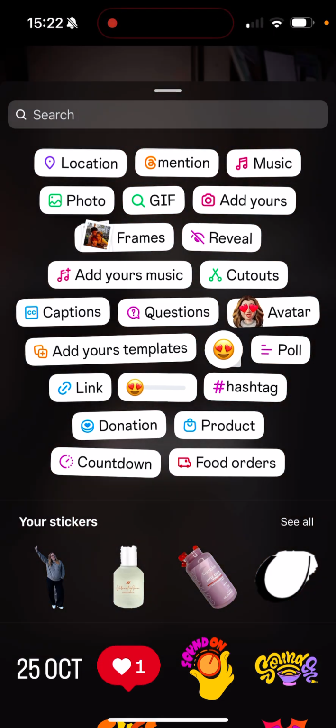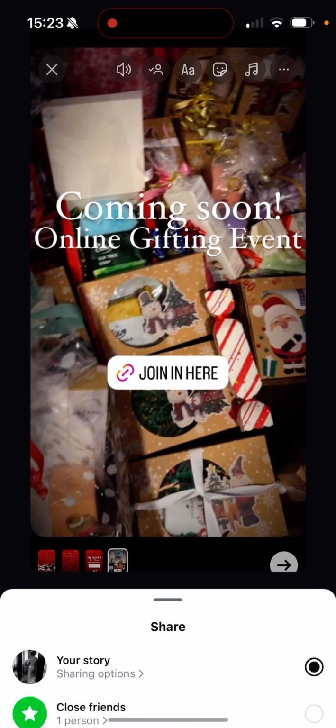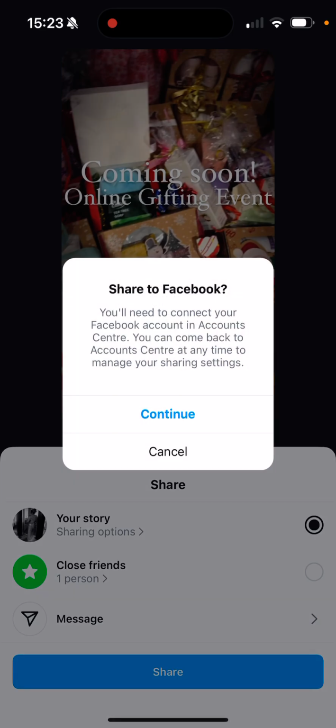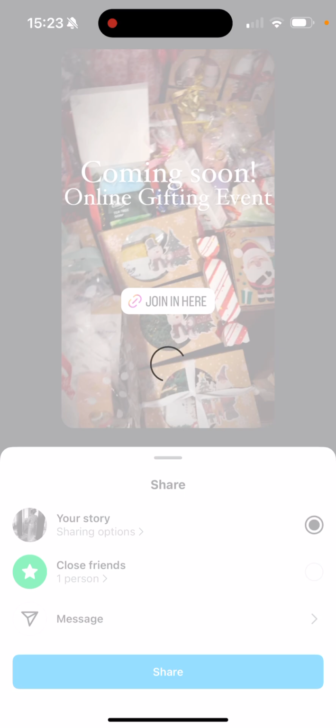I highly recommend making your stories on Instagram and having them connected. So sharing options, share to Facebook. Okay, so you need to connect it. And once you've connected it, it will then share to Facebook and you will be able to connect